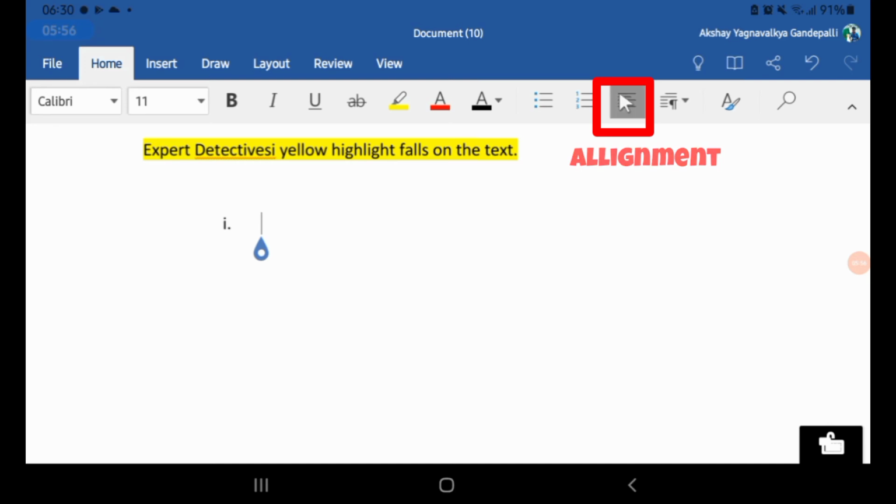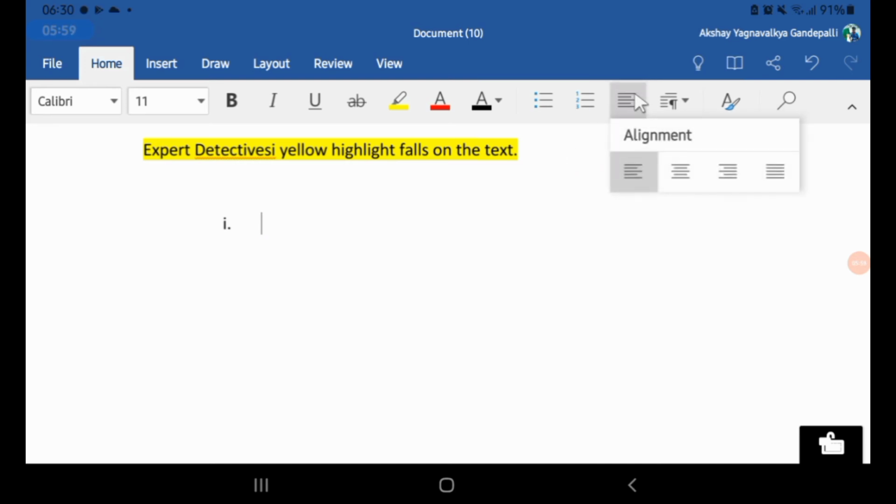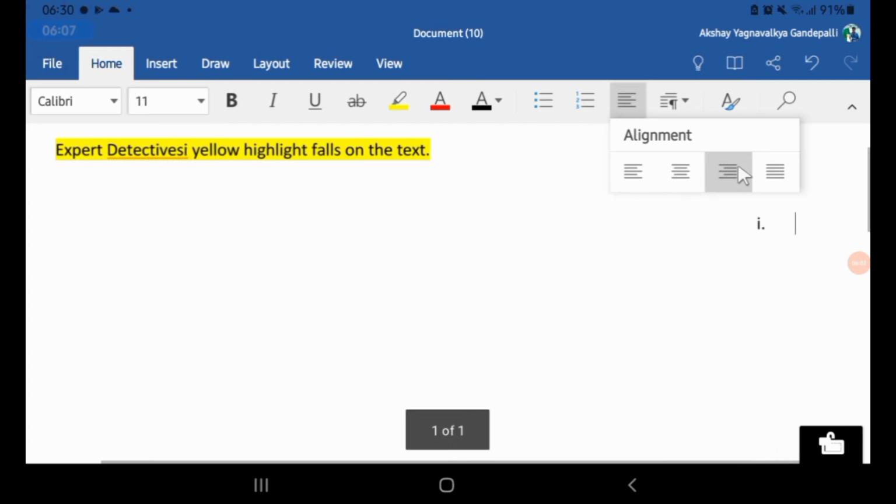So this is numbering, and the next option is alignment. This is center alignment, this is left alignment, and this is right alignment, and the fourth one is justified alignment.